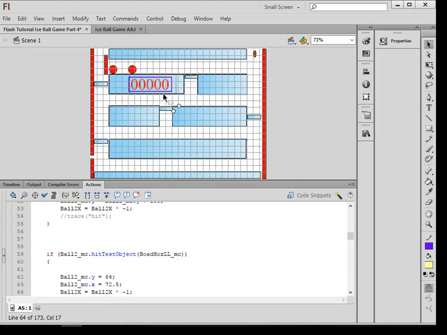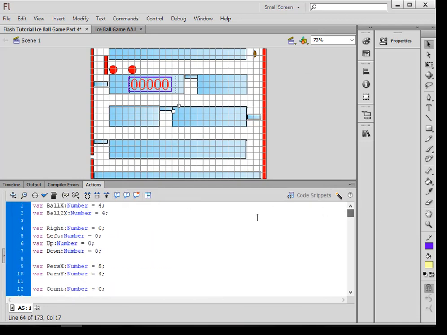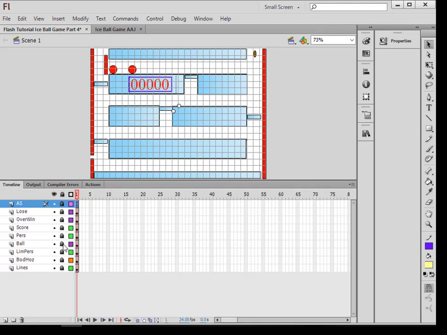Good. Now, if you want them to move different speeds, you can make ball 2 have a different value than this one here. But what I'm going to do is something slightly different. I'm going to use 2 balls. This ball here, so go back to my timeline, and this ball here, this ball 2,